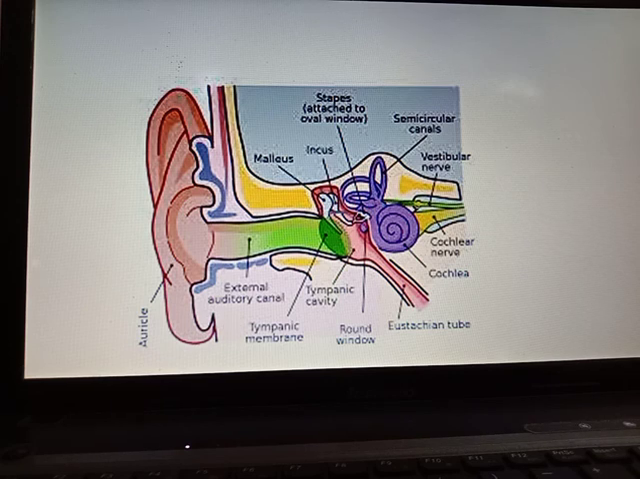So this is the external auditory canal and the pinna, and then come to the next